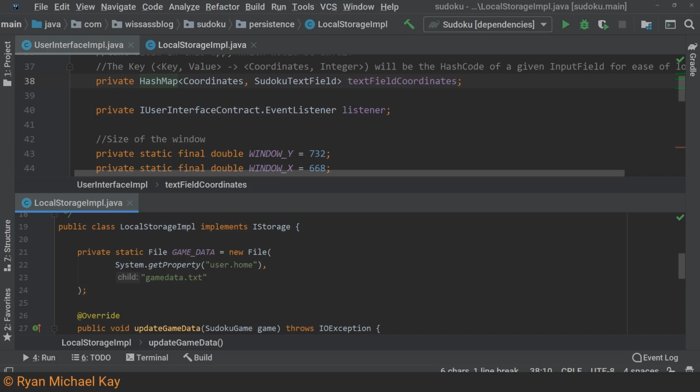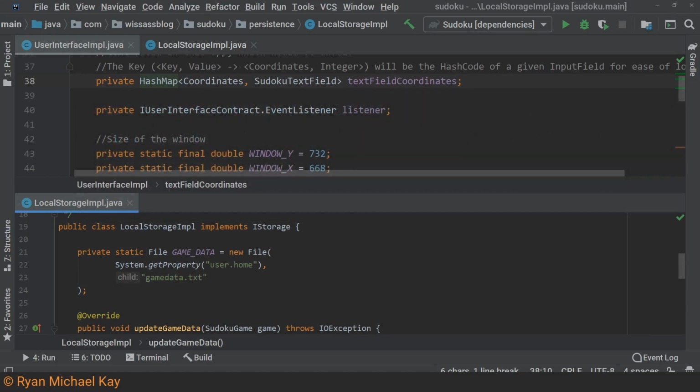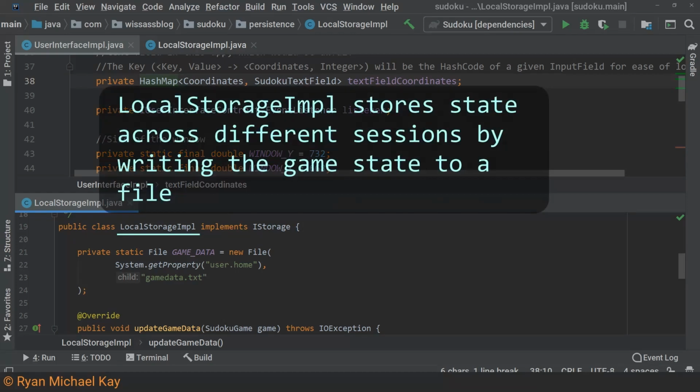I like to categorize data, or state, in an application in two ways. First, we have user session state. This kind of data lives only as long as the program or some particular screen of the program is running. To give you a clear example, if I remove the long-term storage from my Sudoku app, the user can still complete puzzles as long as they keep the app running. The time during which a user is actually using the app can be thought of as a session. The other kind of state has the potential to persist longer than runtime. The Sudoku app actually stores the state of the Sudoku puzzle so that the user can close the app and continue the same puzzle later.